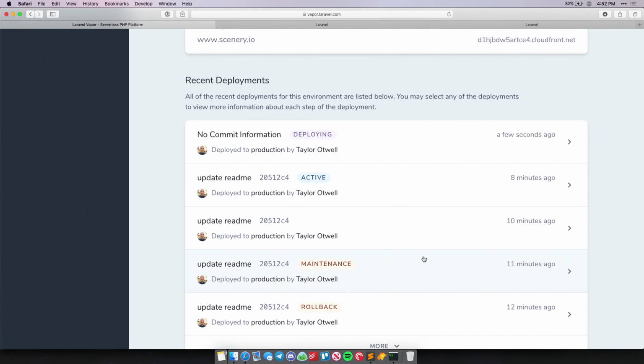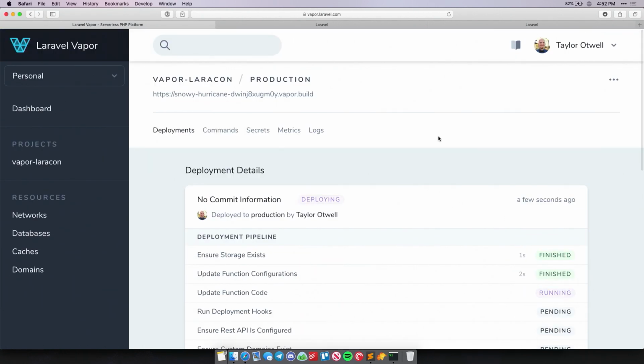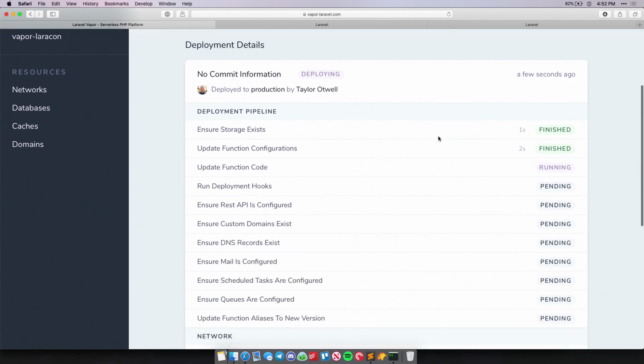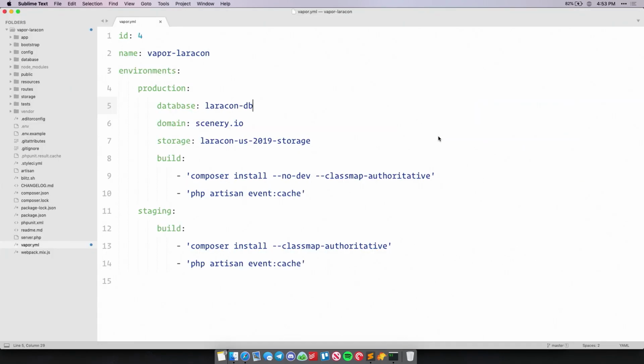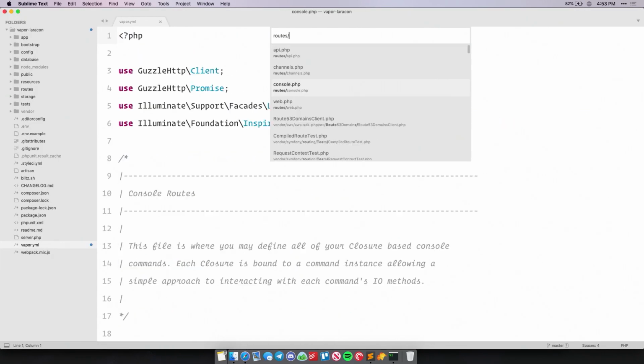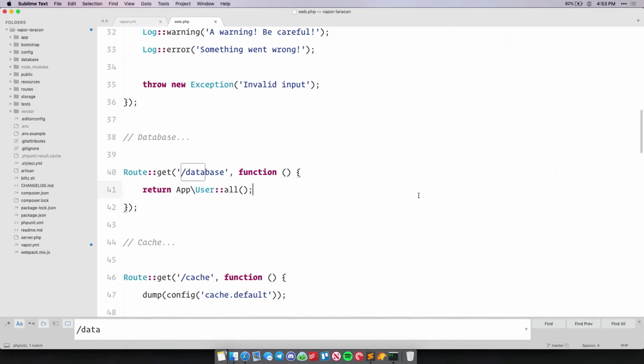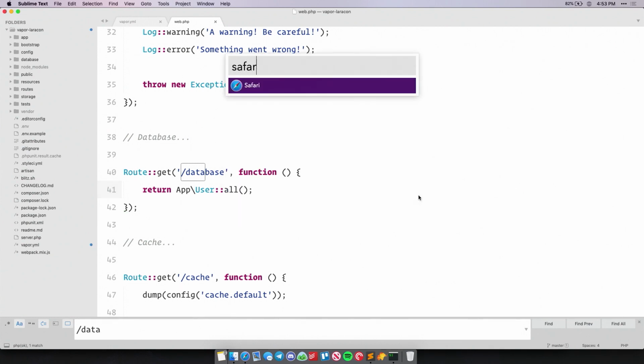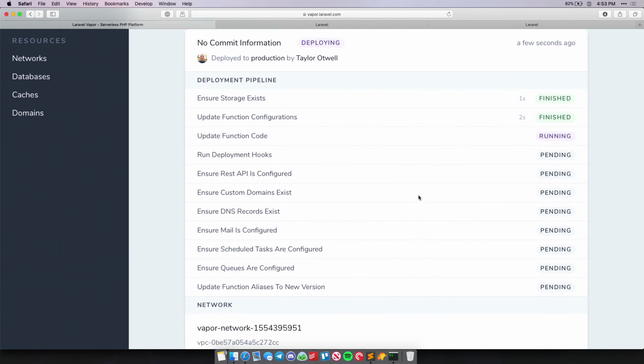And again, we don't really have to do any other configuration. We don't have to worry about the environment variables. We don't have to flip any other switches here. Vapor is going to make sure that all the right information we need to connect to that database is already injected into our application. So once that deploys, we'll see if we can hit this database. I've got this little test route called database, where we're just going to pull everything from the user table to see if we can access that. Come on, Amazon.